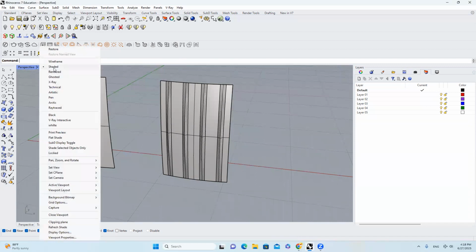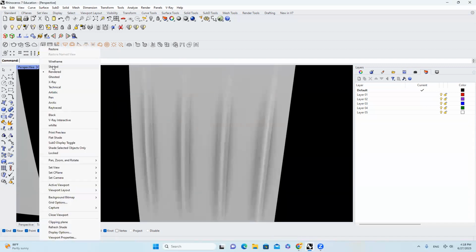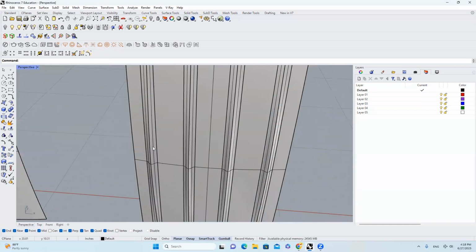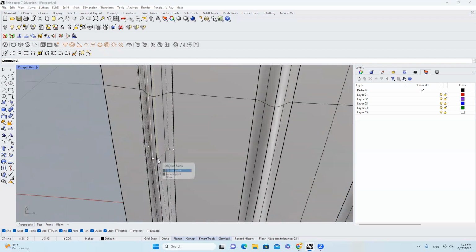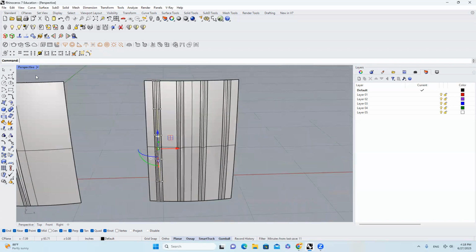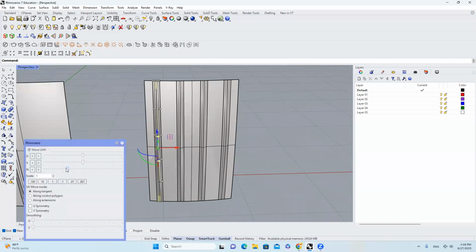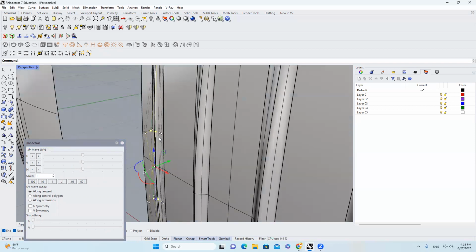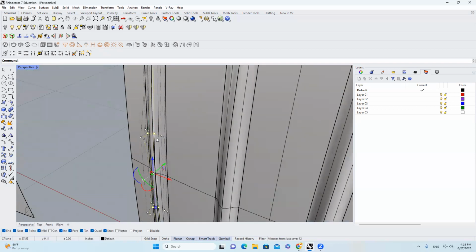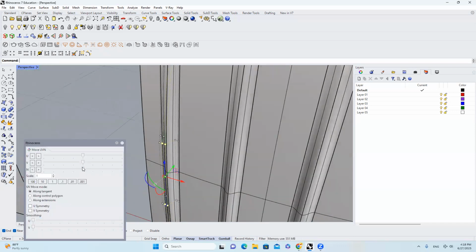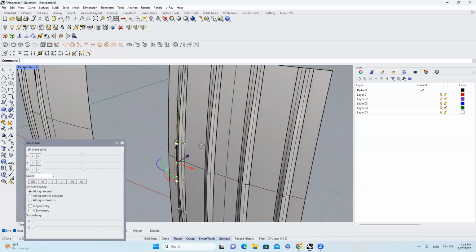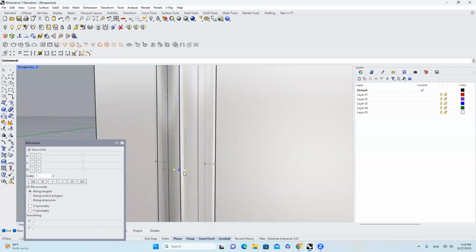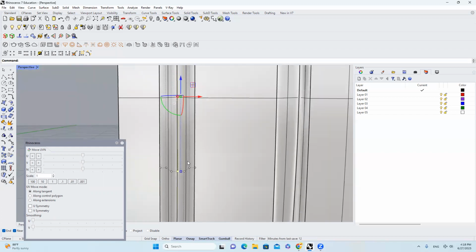Okay, if you want the edge to be super sharp right here, or if we go to shade mode, if you want the edge to be super sharp, all you have to do is select only the center two, and then again type in MoveUVN and move them a little bit towards the direction you want. Okay, I was doing it in the wrong direction, so here, and then you see you can make it very sharp. Okay, I think I selected the wrong points here, so this point, yeah,